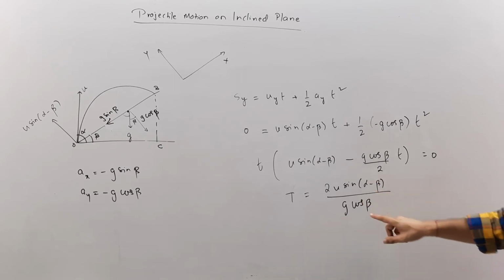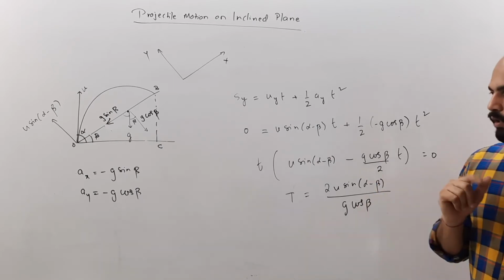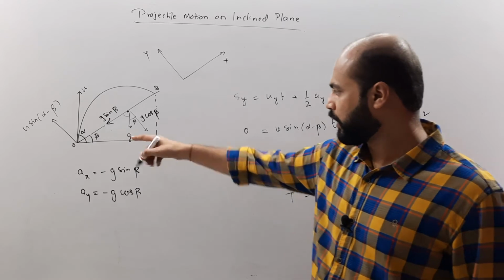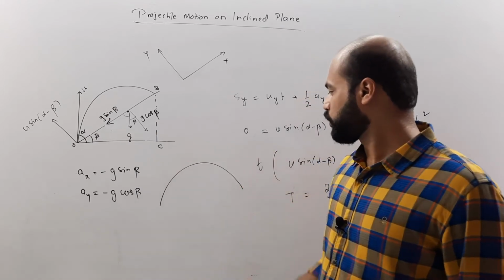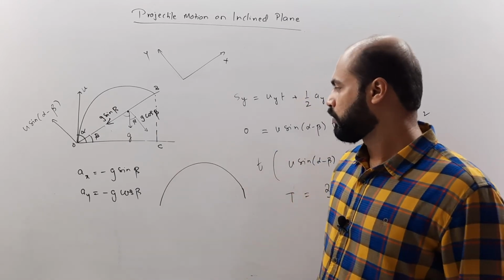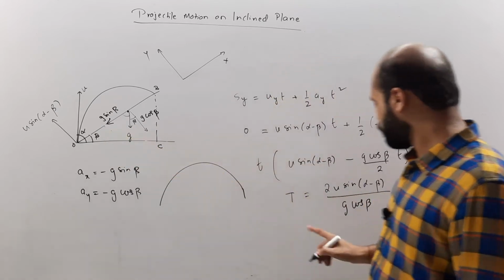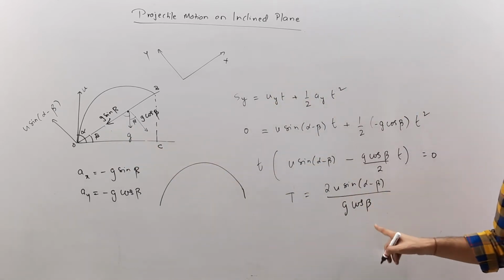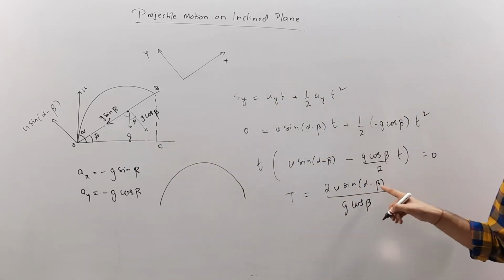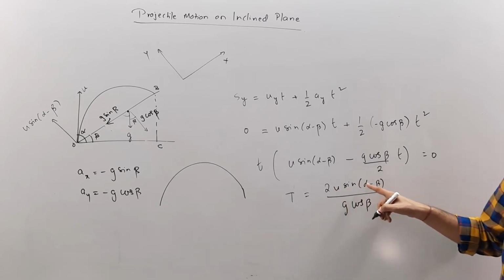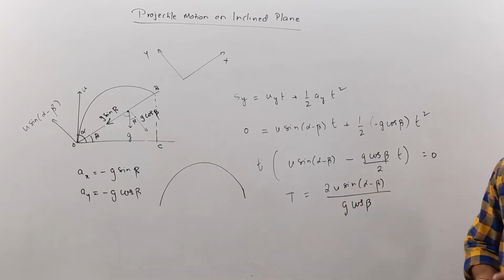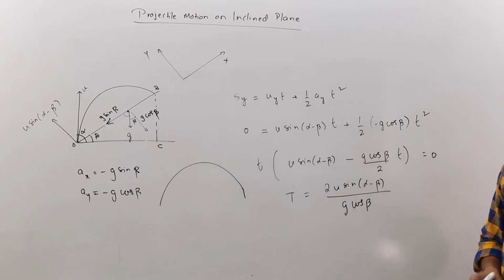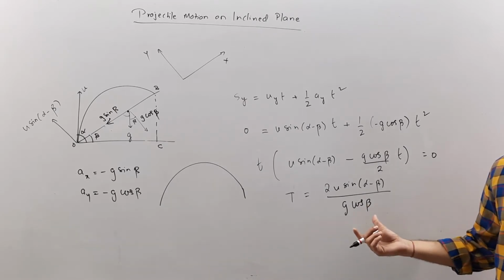Now once we have achieved this, you can verify the expression. Earlier, if you remember, beta was 0. That means the projectile was horizontal and beta was 0. So put beta 0 over here, you will get cos 0 as 1. And if this beta becomes 0, you will get 2u sine alpha by g. So this is the expression that we had got earlier, if you remember, for the time of flight.